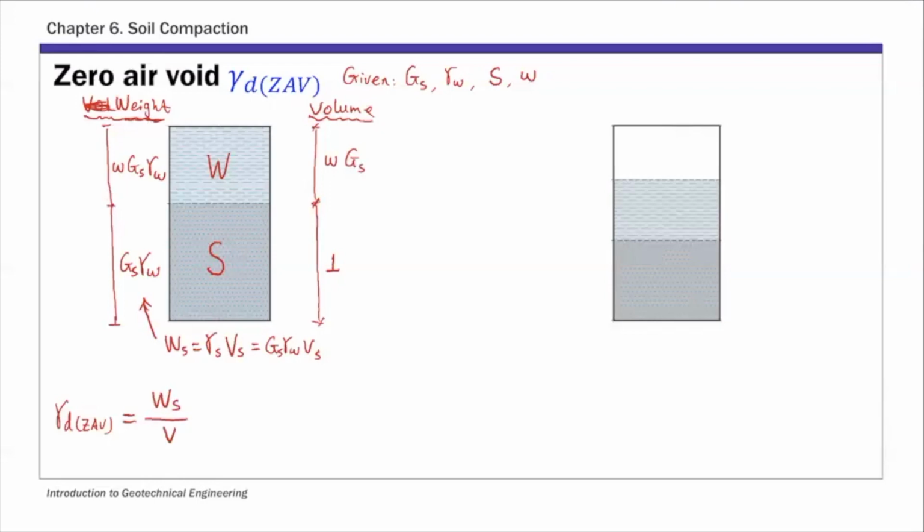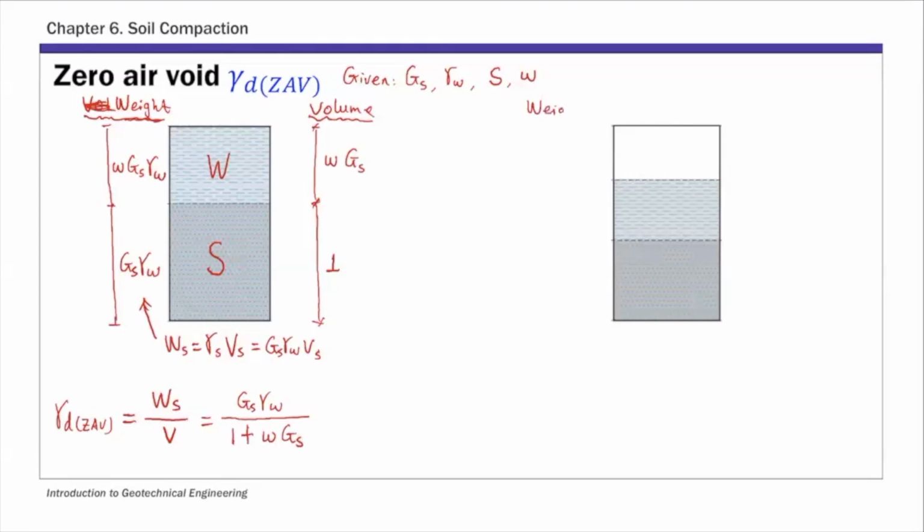The weight of solids is GS gamma W, and the total volume is 1 plus WGS. So this is how you can get this gamma D ZAV expression from the specific gravity, unit weight of water, and water content. And then for the moist case,